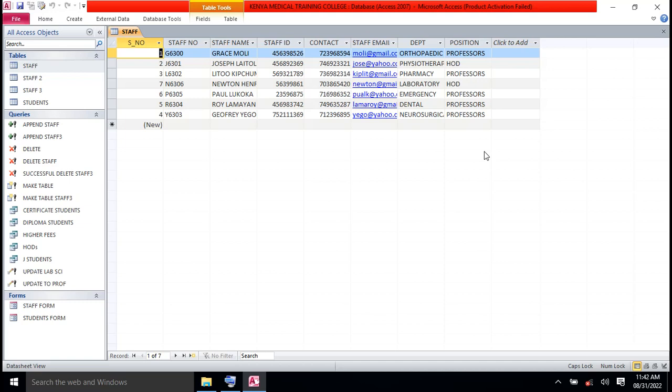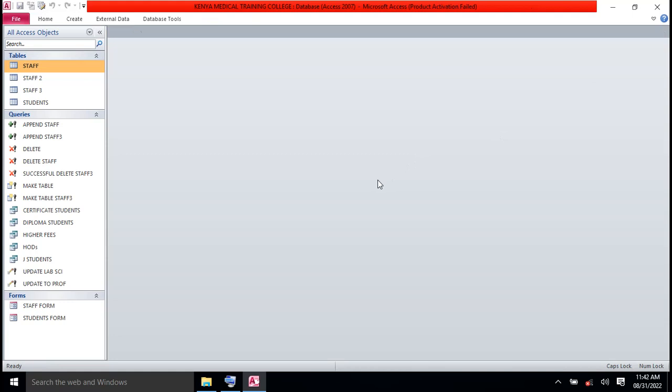So what are reports? At the end of the day, in the database that you have, you're going to be asked for reports. For instance, you could be told, we want you to look into our database and retrieve for us those students who are doing a course like nursing. Create a report on that, and then print the report for us. Okay, so what do